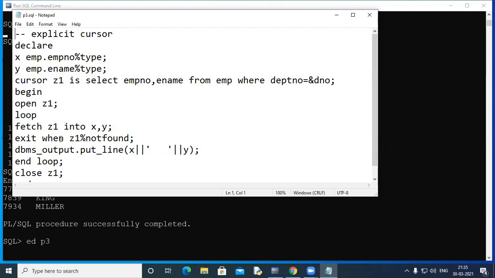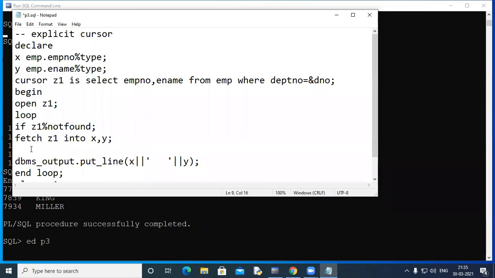Then the same can be done with percentage found. So you can use an if statement here. A different way of writing this if. So I can just move it here. Something like this.